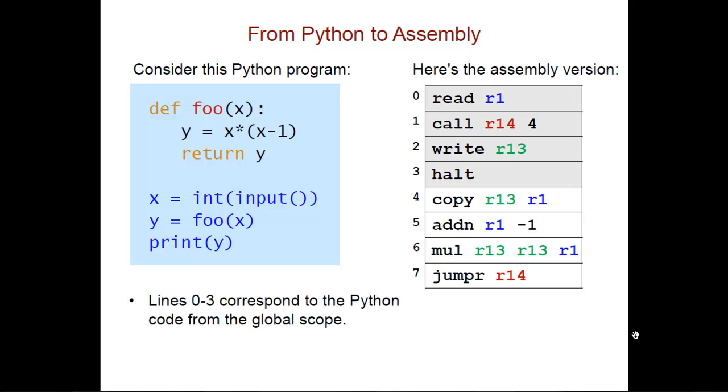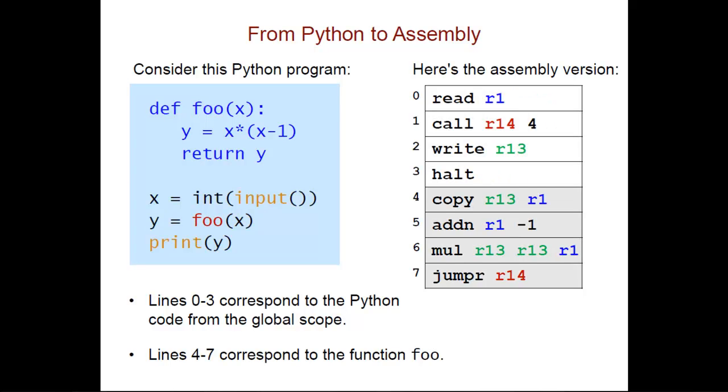Here's the corresponding assembly version of this program. Lines 0 through 3 correspond to the Python code from the global scope, because that's the start of the program. And lines 4 through 7 correspond to the function foo. And so we're going to look in particular at how this function is getting implemented